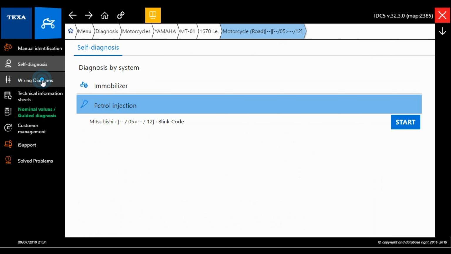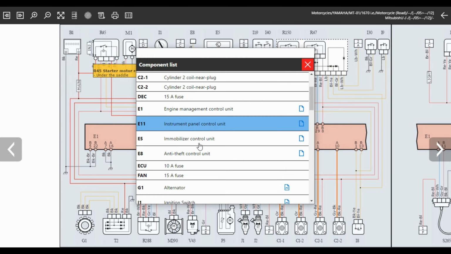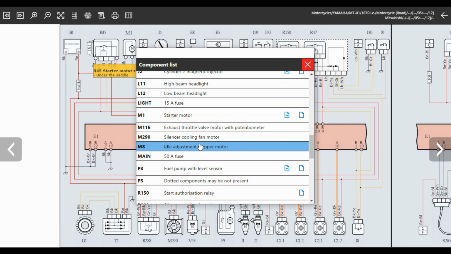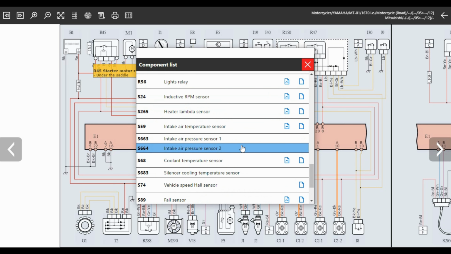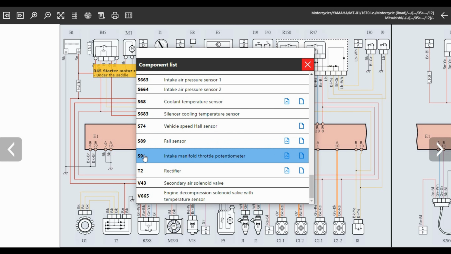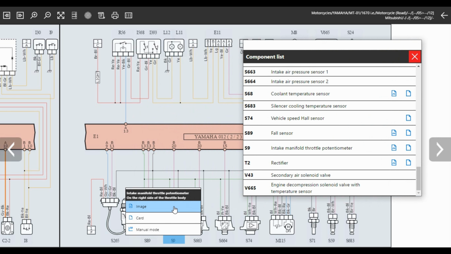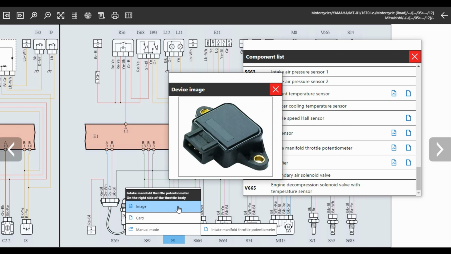So one place we can go to is the wiring diagrams. Click into there and we can scroll down the list to the component that we need to look for. There we go, intake manifold throttle potentiometer with part number S9. So if we click on that little icon there, that shows us where that component is on the wiring diagram. Pops up a little window underneath. Then we can click on the image. Shows us what that looks like. It's just a generic picture,